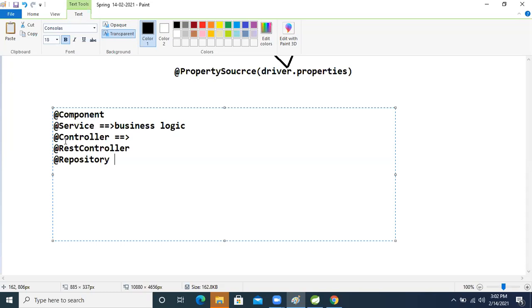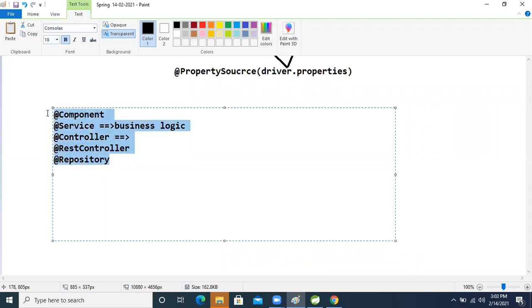Service class. If we are applying @Controller in the Spring MVC application on top of a class, we will understand this is the controller class. If we are writing just @Component, then we will understand this is a utility class, like file, Excel generating, PDF generating, or a report generator. For those classes we use @Component. Under @Repository, by default we know this is the data access layer, the DAO layer. So for that we use these five annotations in the application.